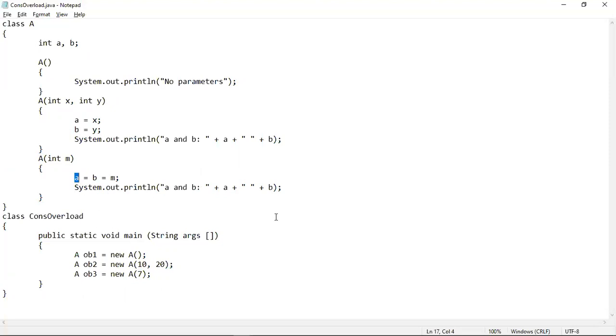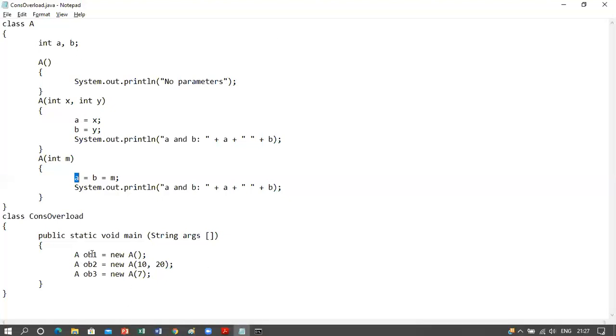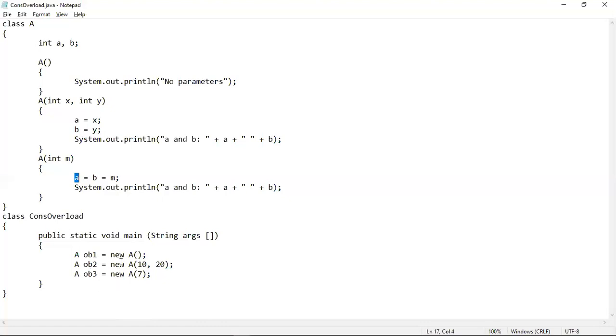So this is how constructor overloading is implemented in Java. Here you can see that we have created three different objects in order to call three different versions of the overloaded constructors. And here also we can see that the matching is done by the compiler during compilation, depending on the values that are passed to the parameters of the constructor.